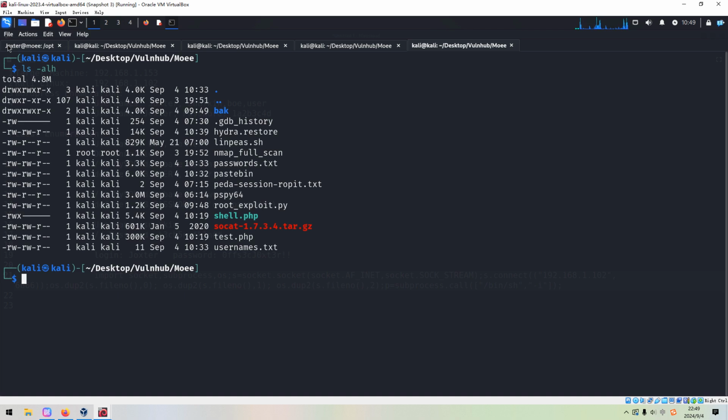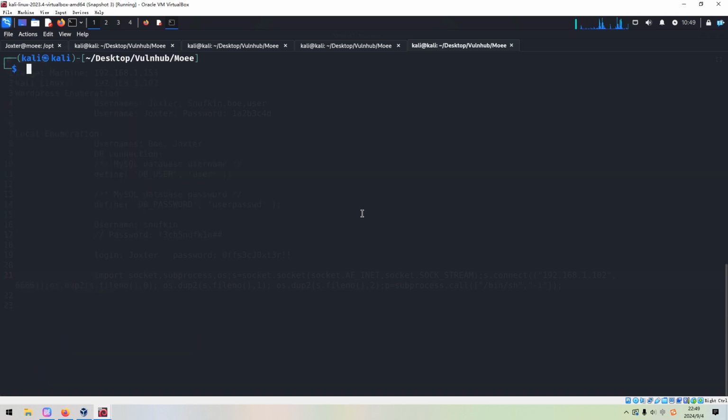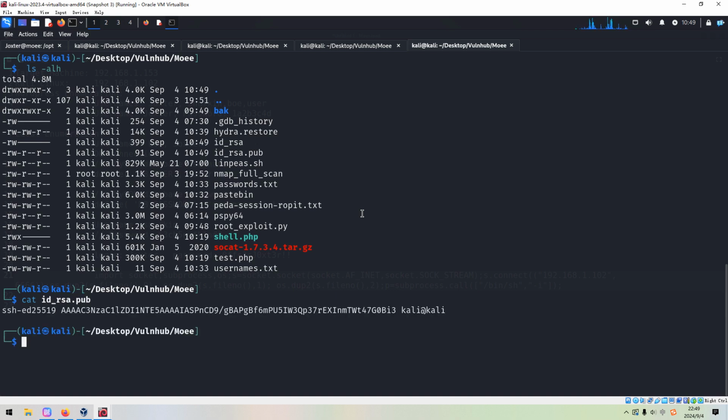We can use ssh-keygen, and we want to save the key pair under the current working directory. Okay, no passphrase.